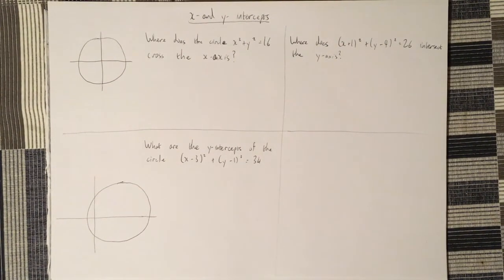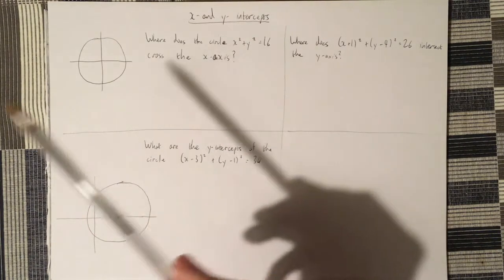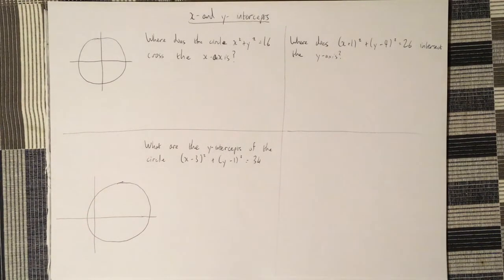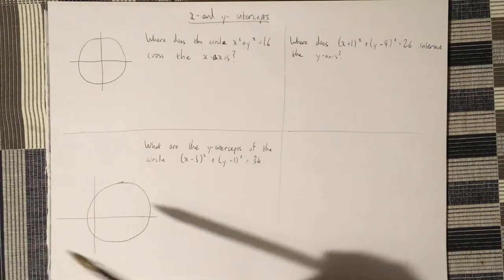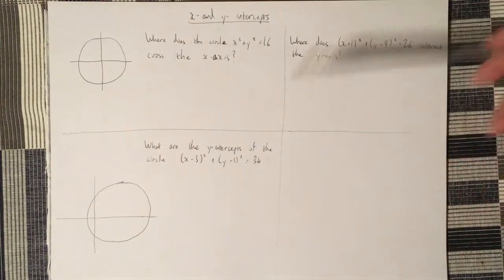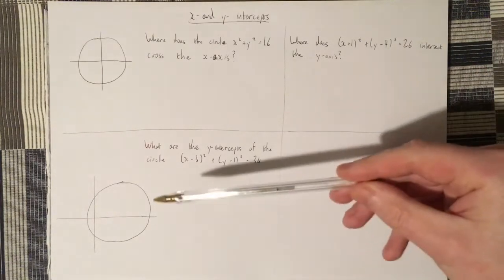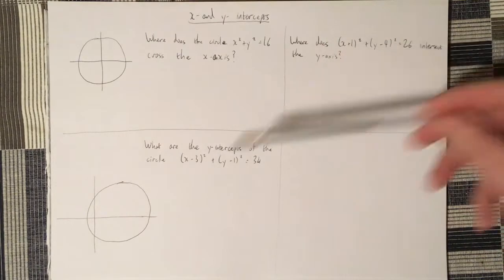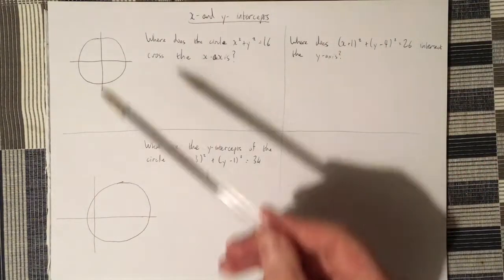All right, so something that we have seen elsewhere in the course, but comes up on the circle as well, is the idea of x and y intercepts. Where does a graph cross the x and y axis? We can be asked this about straight lines, about parabolas, about U-shaped and upside down U-shaped curves, about cubic graphs with the two turns in them,